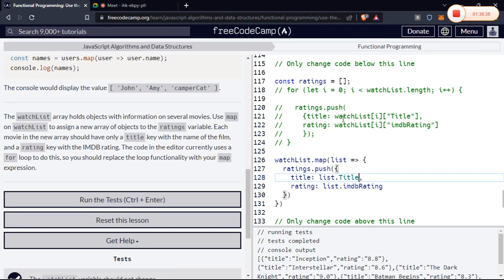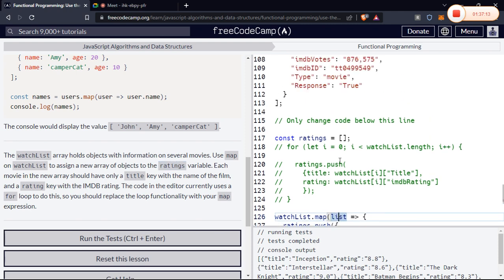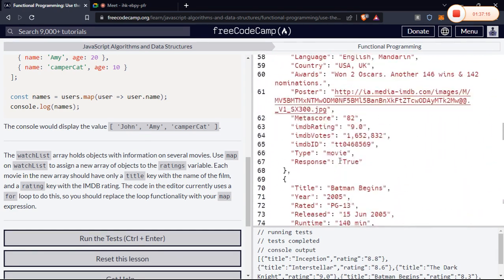Okay. So when you're using map for an array, you first define the variable, just like you've done now. When you said watchList.map(list), this list is your variable. Our question was saying that we should push an object of title and rating into the ratings variable. So that's why we have ratings.push here. Since this list contains each of the items in our array,